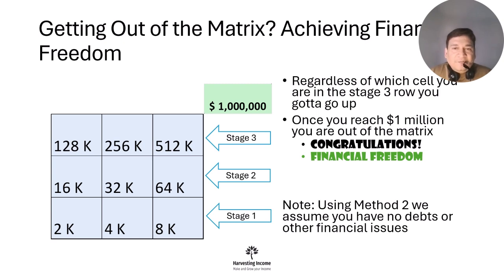You are financially free, and then you can decide and prioritize things, and you don't have any targets to chase now. So you can prioritize other areas of life, probably healthcare or spirituality, or you want to travel, or you want to do something else. Okay, so now using method two, assuming you have no other debts, if you are able to reach that stage three, you are on progress to financial freedom. And once you reach $1 million, you are financially free.